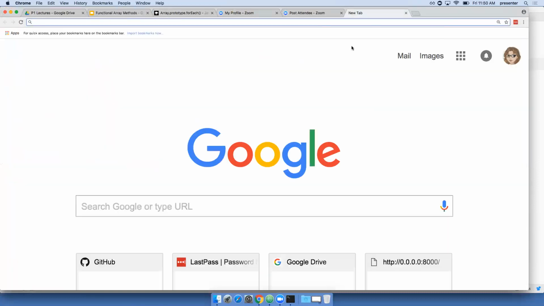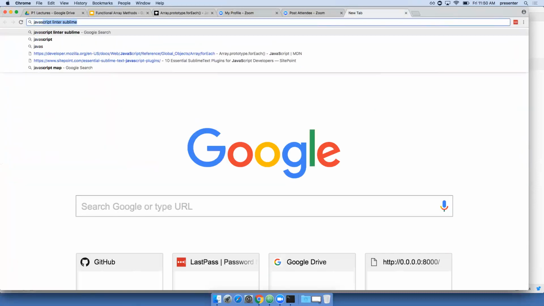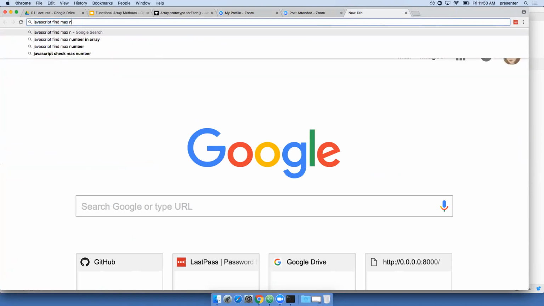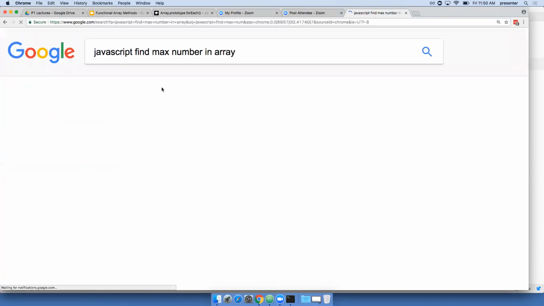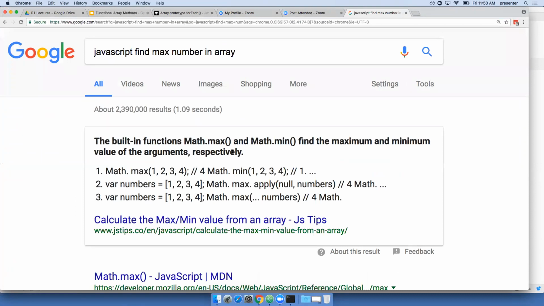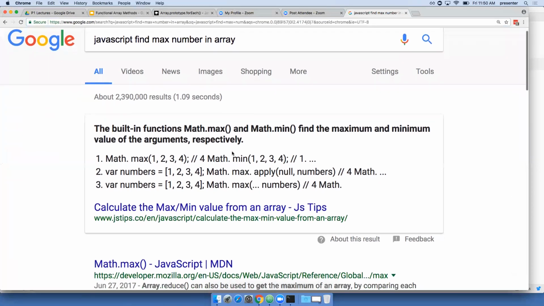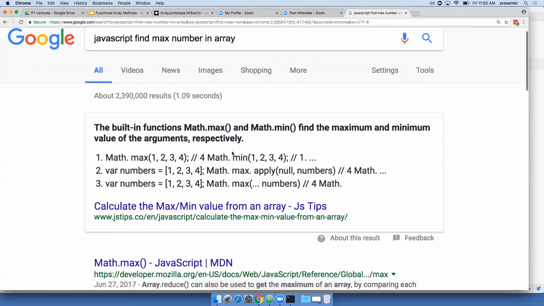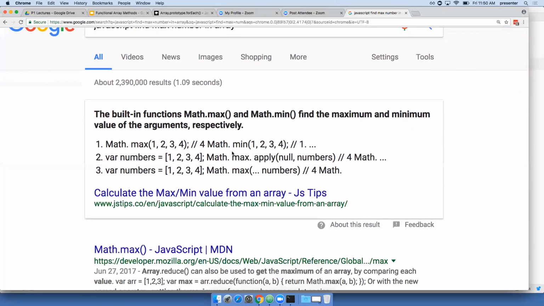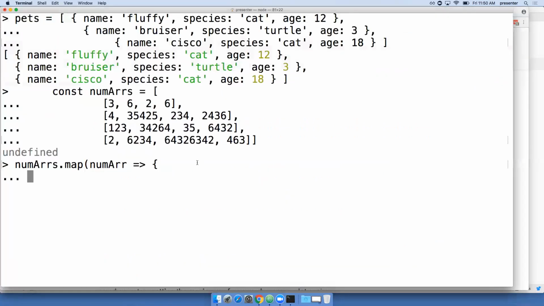Does JavaScript? Yeah, but I think you have to call, bind, or apply. Oh. Does the spread operator work? Math.max. Yeah, so let's, okay, so